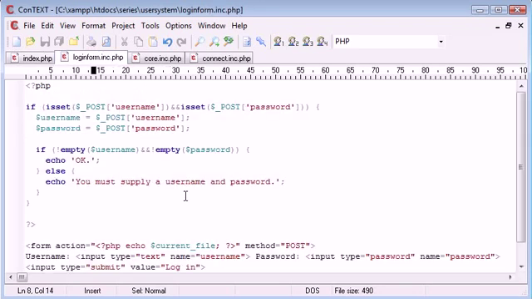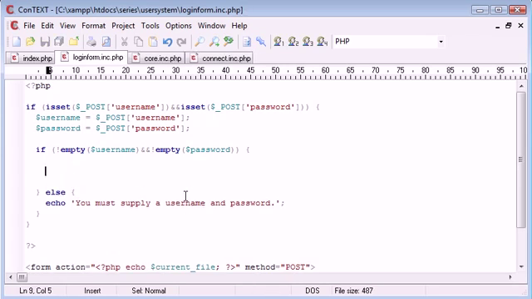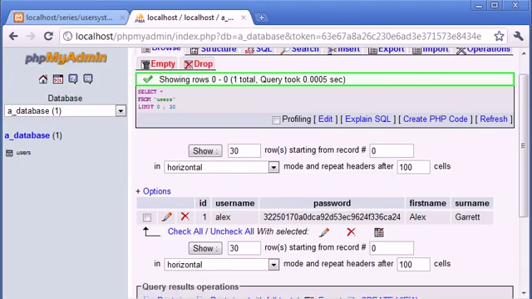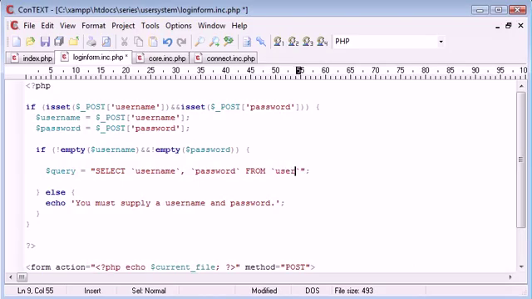So we need to continue in login form to actually log the user in. So how are we going to do this? First of all, you need a query, and this is going to be equal to select, and we need to select the username and password from, and let's go reference back to our table to see, from users. So we're selecting from users, where, and then we're going to say username is equal to username,